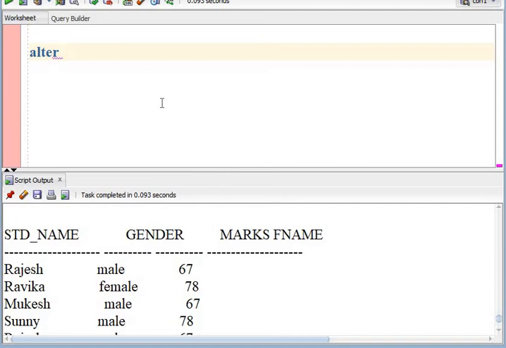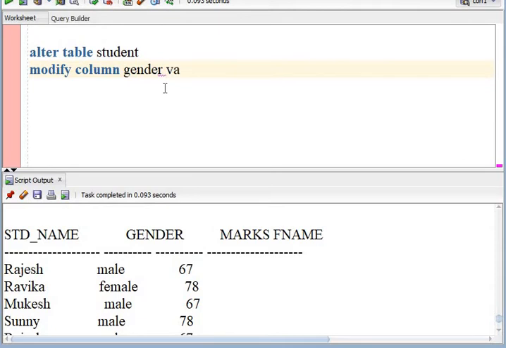Like I want to apply this not null constraint on, let us say, gender. Modify column, that is gender. Let us say varchar 10, and I want to give a unique name to the not null constraint that I will be applying here. Why the unique?